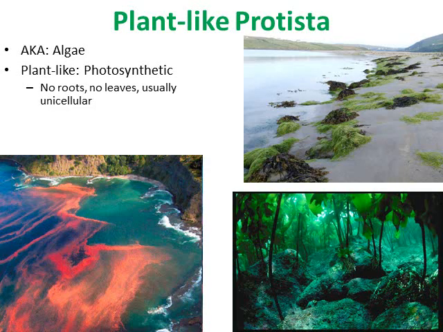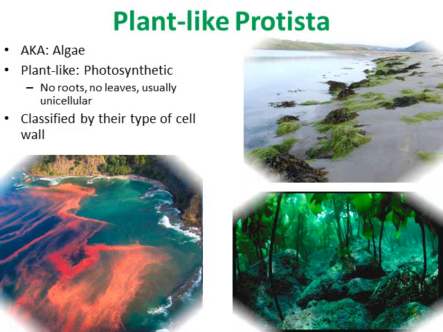Now, how come we don't consider them real plants then? Well, real plants are multicellular, and plant-like Protista are, for the most part, unicellular. Plant-like Protista also don't have roots or leaves. And so for these reasons, we call algae plant-like. The different types of algae are classified by the kind of cell wall that they have and what their cell wall is made from. Now, we're not going to go into the components of the cell wall. We're just going to go over a few of the more common groups of plant-like Protista, starting with